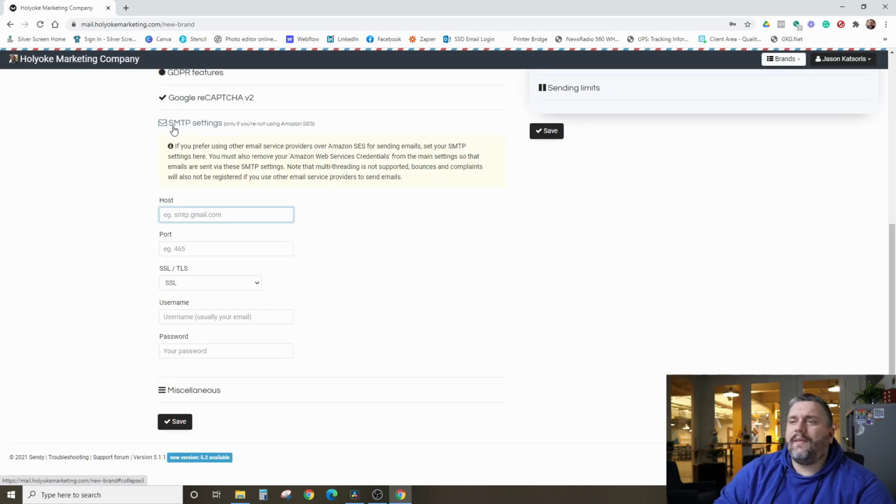I do not use the SMTP settings because I do use Amazon SES to send all my emails from my clients. So I'm not too up on exactly how to set this up in the correct manner. But you can put in your host, your port, your SSL or TLS information, your username and your password, and that'll get you set up with your own custom